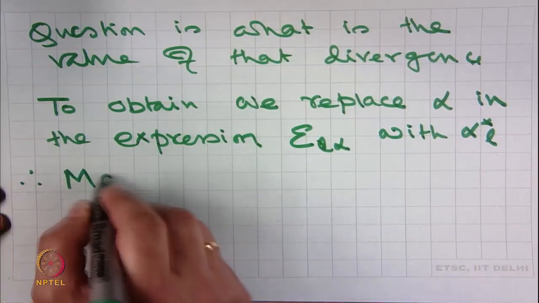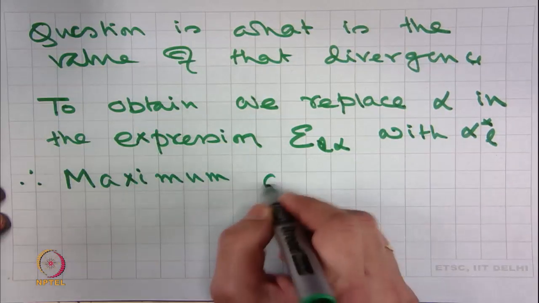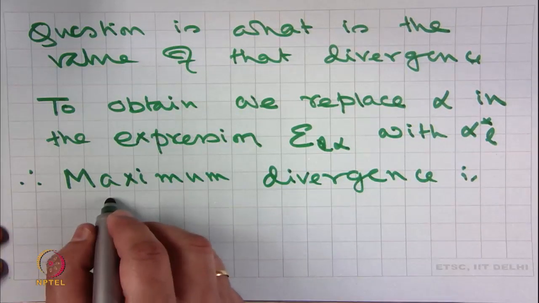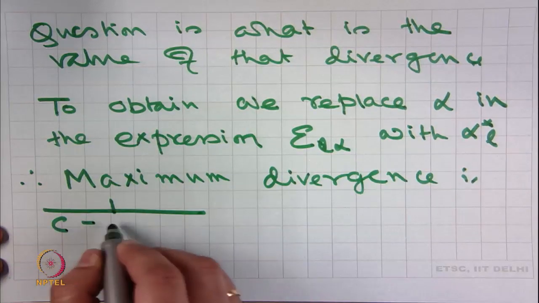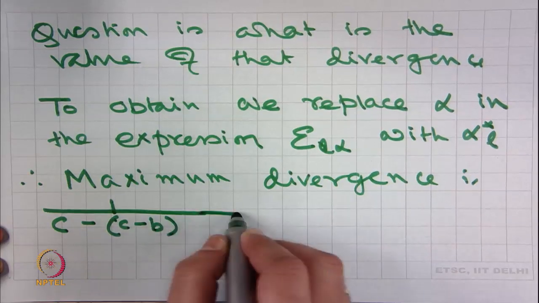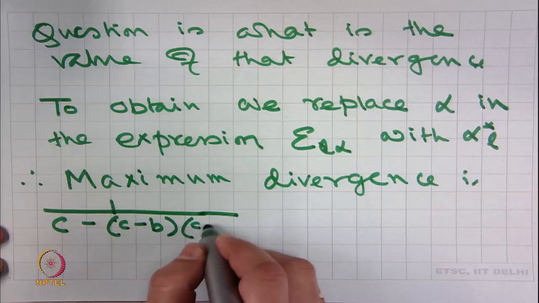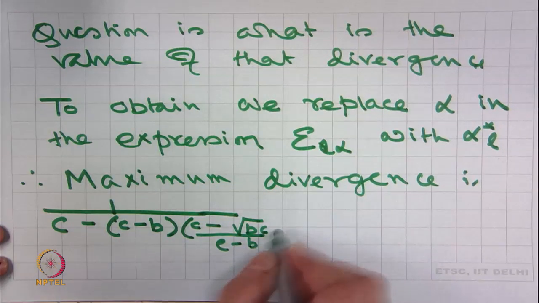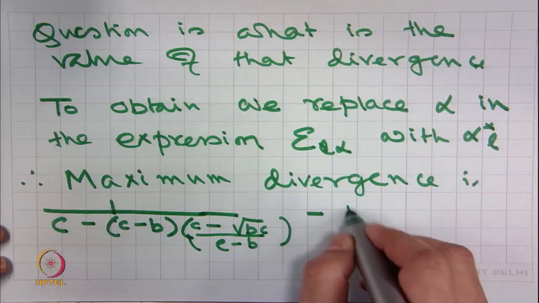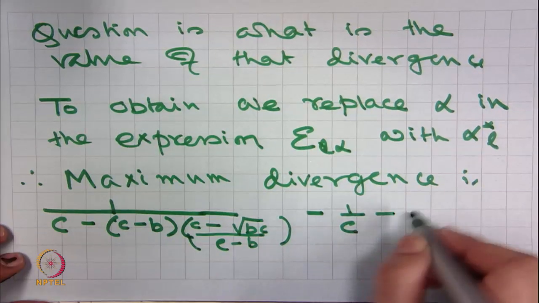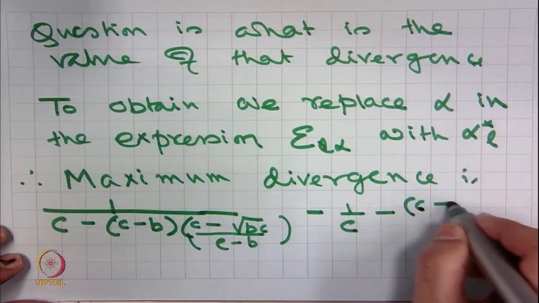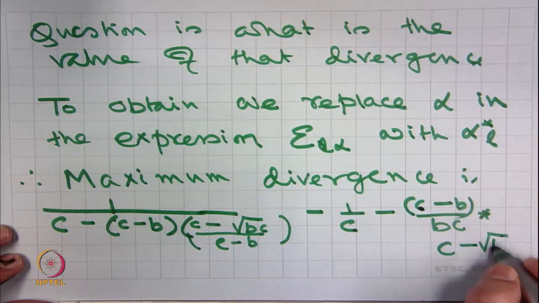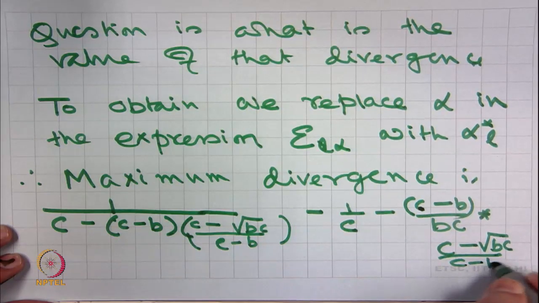Therefore, maximum divergence is 1 upon (c − b) multiplied by (c − root bc) upon (c − b), minus 1 upon c, minus (c − b) upon bc star (c − root bc) upon (c − b),